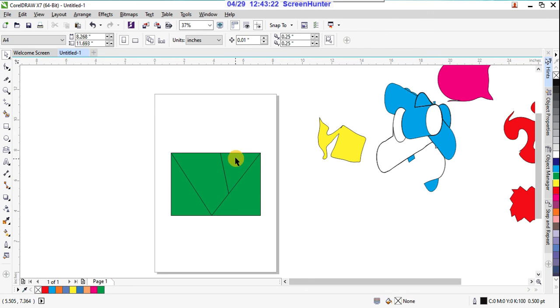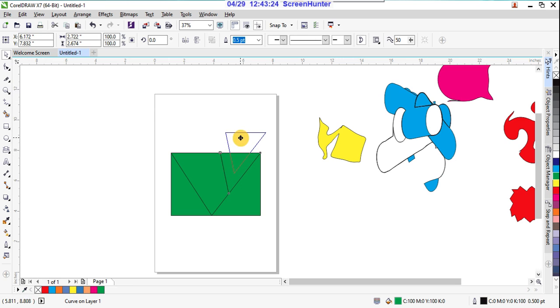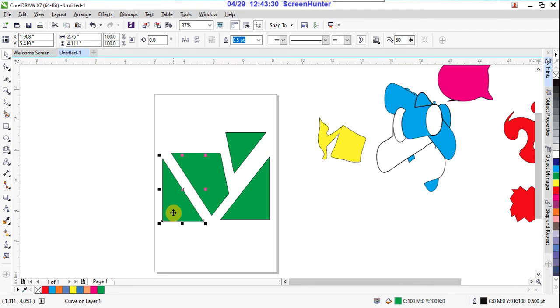And we can remove these portions because they are already sliced. See, beautifully sliced. That is the simple knife tool.